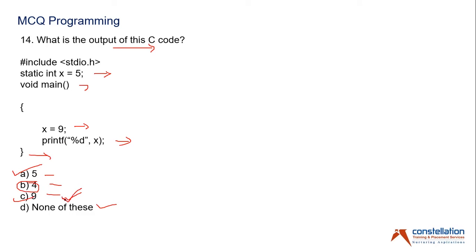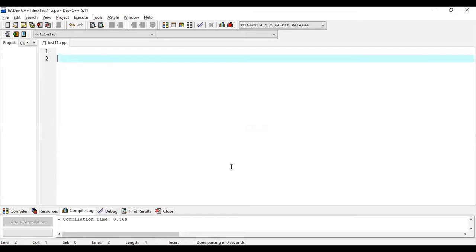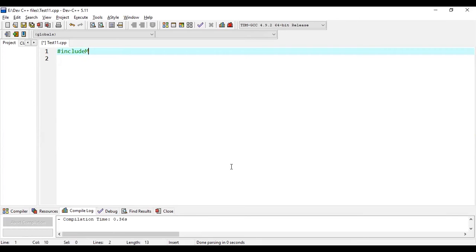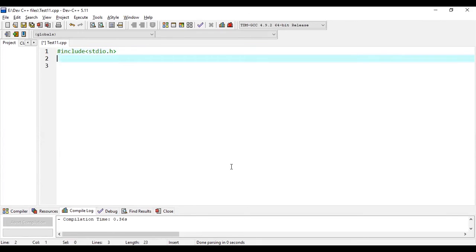Okay, in case you don't believe me, what I will do is that I'll stop my screen share. I will go to the Dev C++ window, and I will delete everything from here and I will write the code for you. So let's write it: hash include stdio.h, then int main.